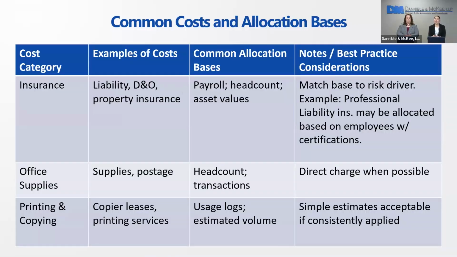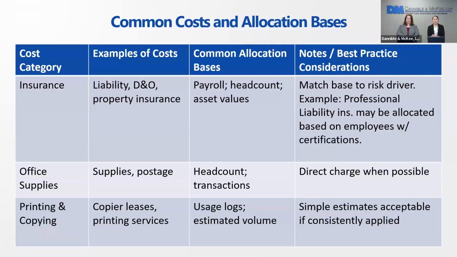One last common allocation list here, you have insurance. That could include liability, director and officer, and property insurance. So common allocation bases there might be your payroll, headcount, asset value for property insurance. So you're going to match the base to your risk driver. So for example, your professional liability insurance, maybe that's allocated based on the number of employees with certifications compared to total